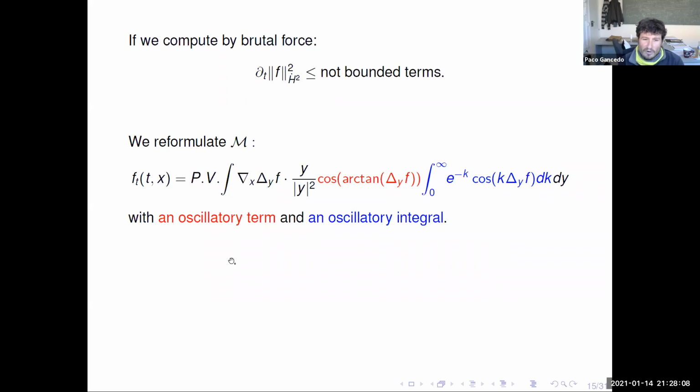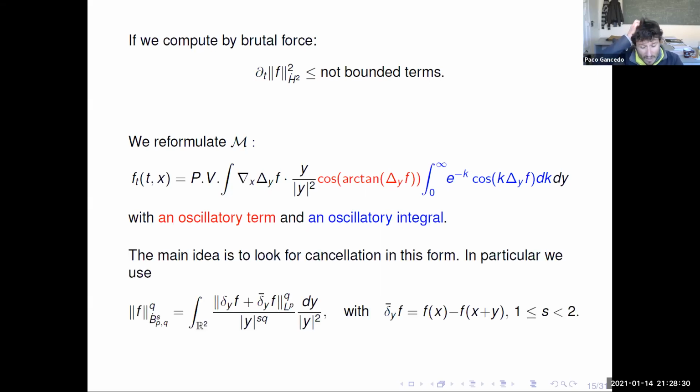So we are going to rewrite again the Muskat nonlocal equation with an oscillatory term and with an oscillatory integral. If you integrate this and then you simplify these two trigonometric equations, you recover what we already had. And why? Well, we have to suffer a lot and look for a lot of cancellation, and Omar knows a lot about how to do these tricks, and is very good at doing that.